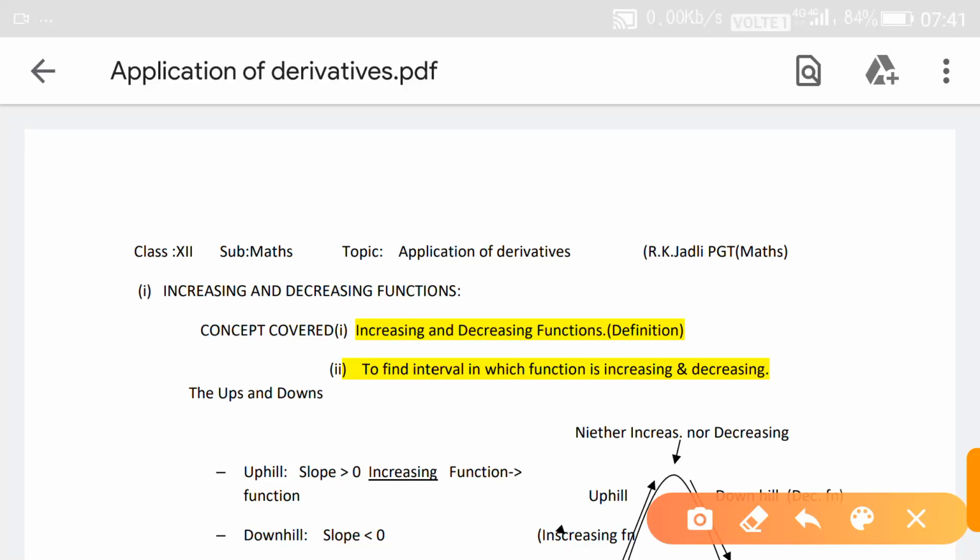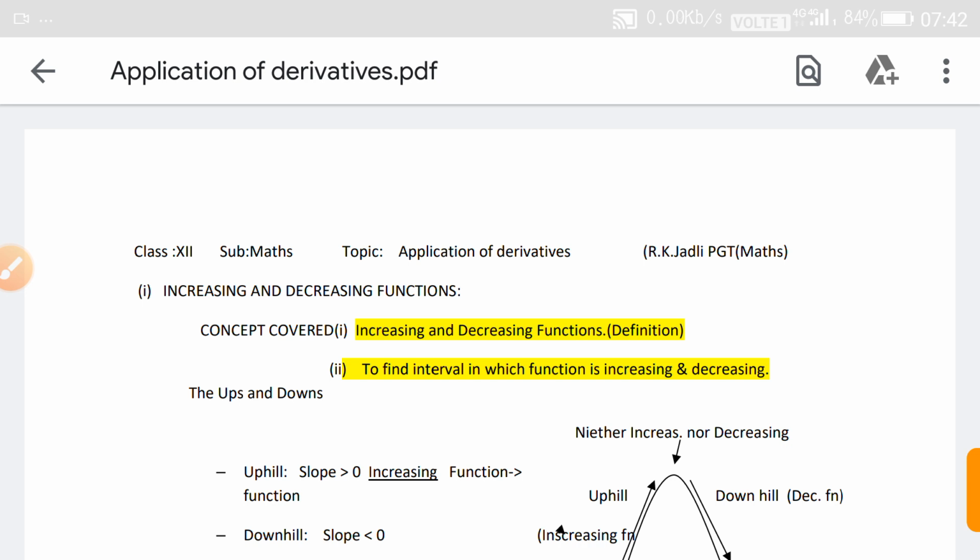Good morning, students. Today I am taking the next topic, application of derivatives. In this topic, some portion is deleted from the syllabus, that is rate of change of quantities and approximation. Now I am taking the topic increasing and decreasing function,